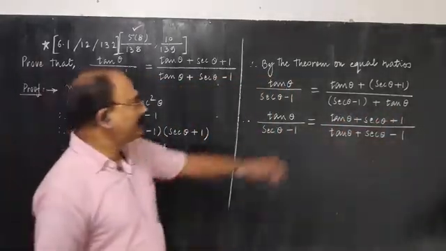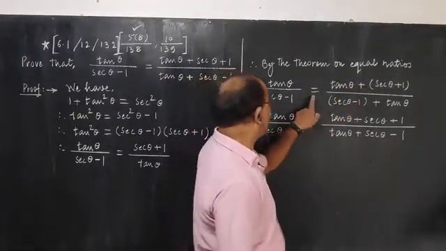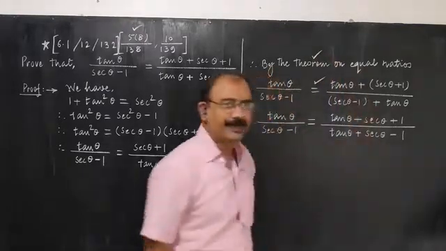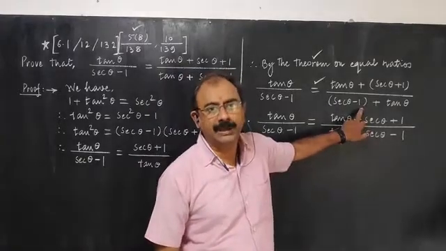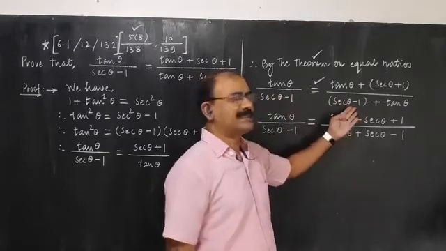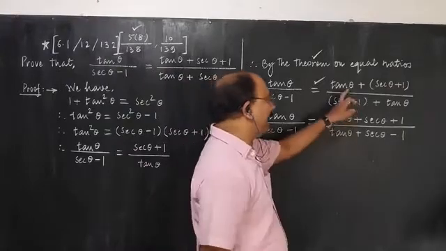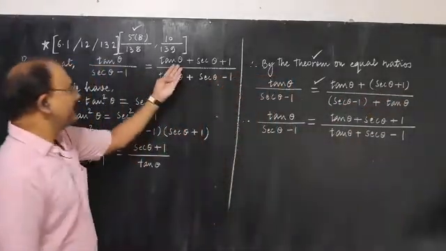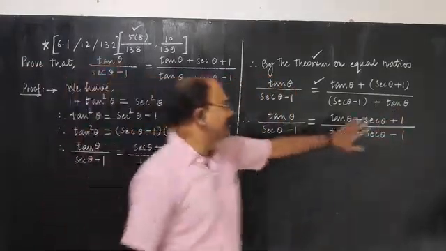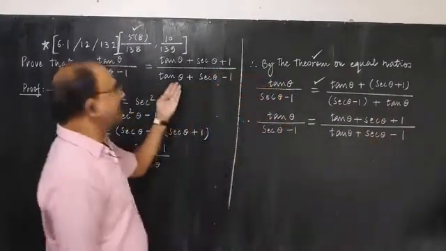Okay. What this theorem says, that this new ratio which you have obtained is equal to the original ratio. So equality is guaranteed by this theorem. The new ratio obtained in this manner is equal to the original ratio. Now actually this is the answer, only we have to rearrange it according to the requirement. So tan theta plus sec theta plus 1, that is the numerator required. Here tan theta is at the end, here it is in the beginning. So just shift the position, you get tan theta plus sec theta minus 1, so you get the right answer.